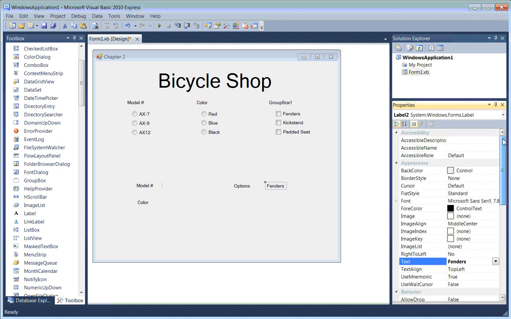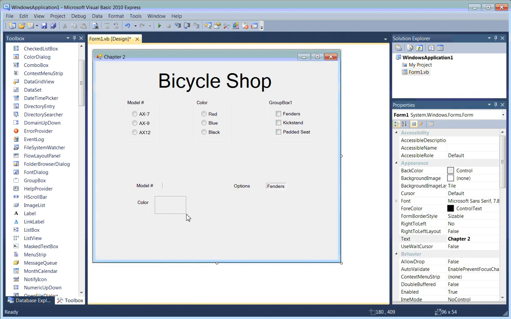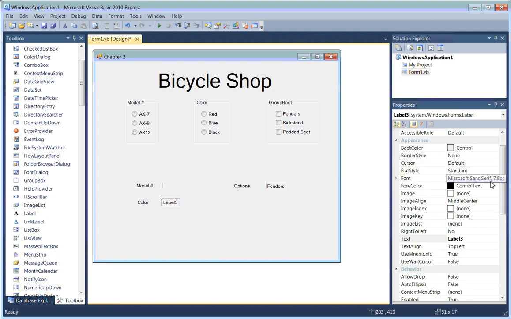And kind of forgot to do this on the other one. I'm going to go border style 3D single. And while I'm thinking of it, did I not put one in here yet? Didn't put one there yet. Okay, so let's backtrack just a second here. Let me put a label over here next to color. And for that one, that's going to be my